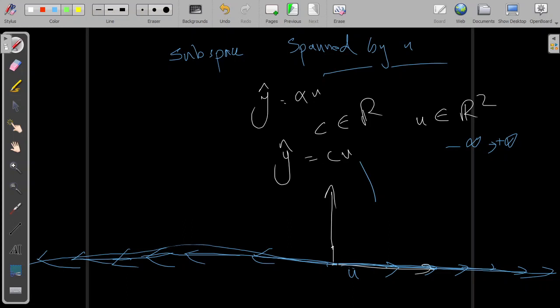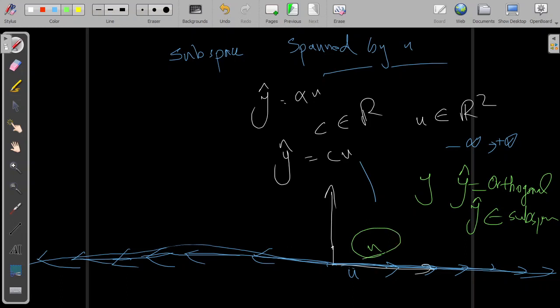Now this y cap, which is called the orthogonal projection of some other vector y, belongs to the subspace spanned by this u. So, yes, you can say that